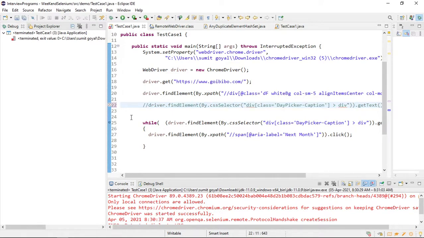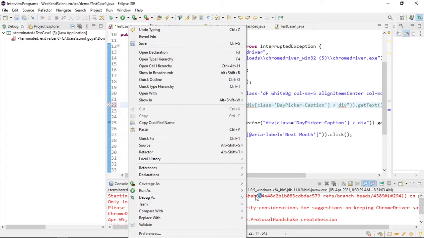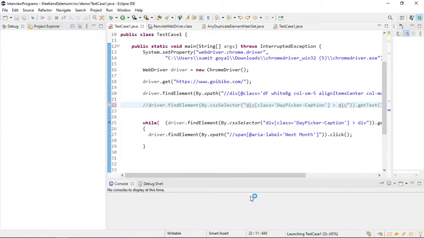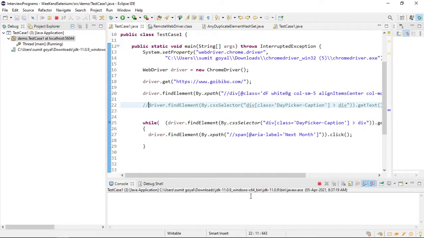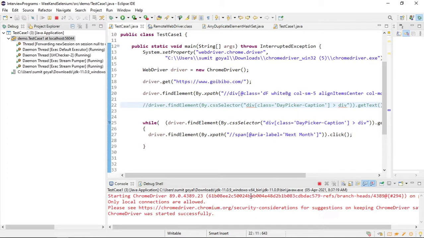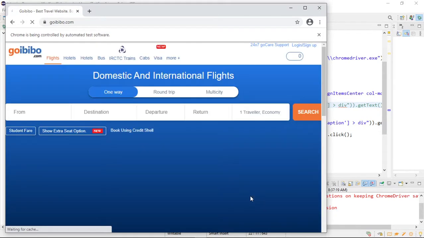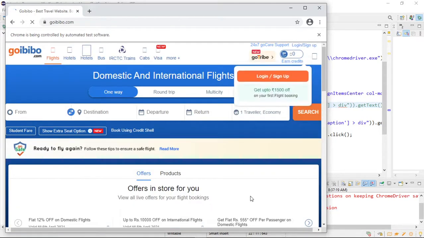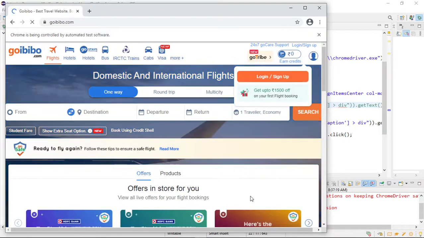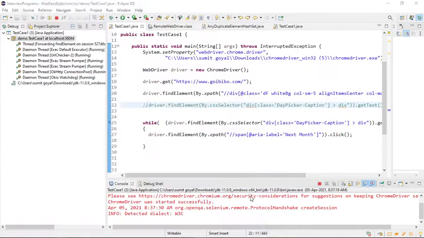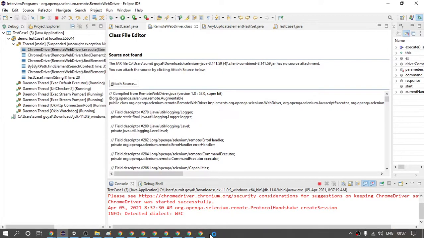Let me comment this line, and if I debug this, okay, so some error.